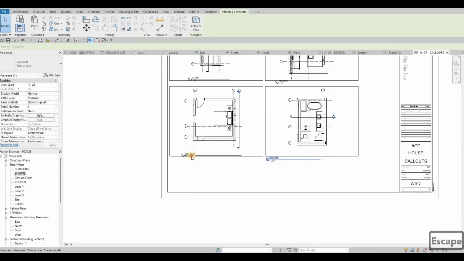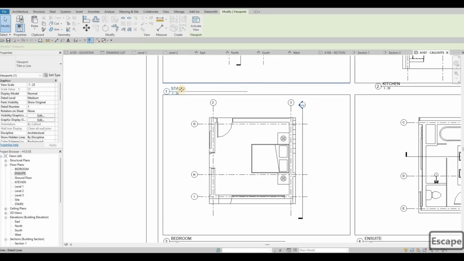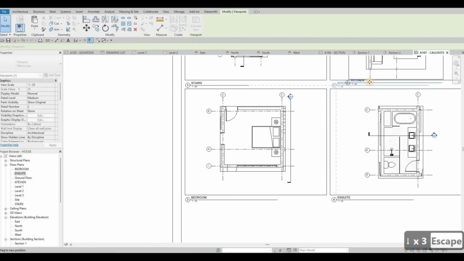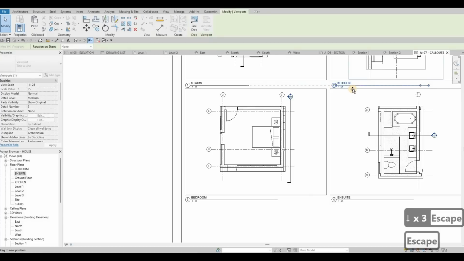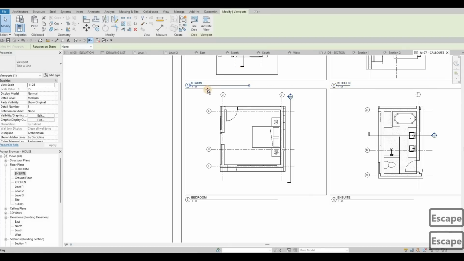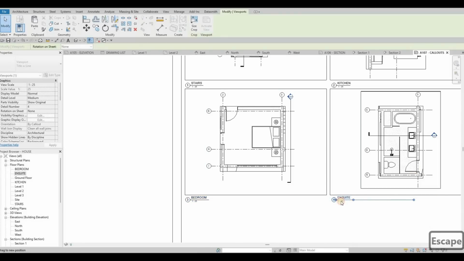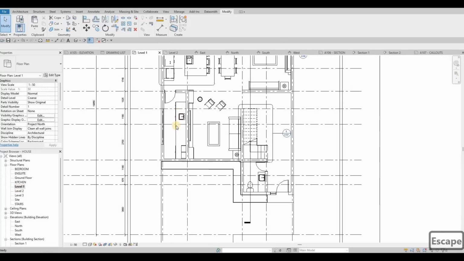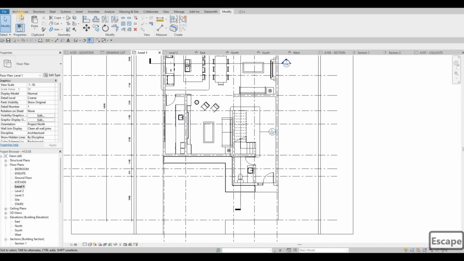And then just fixing all those titles right there. And then the lines. And then let's not forget to add